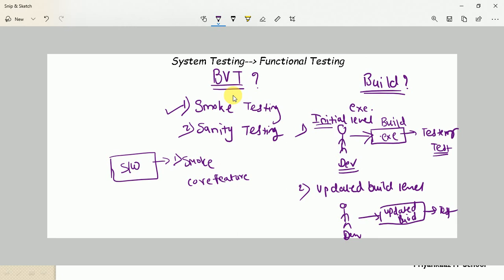If that is a web application, then how does a web application execute? Yes, with the help of a URL address. So very first we need to focus on the URL part. Yes or no? If the URL is working properly, then and only then can we test the rest of the features of that application. Clear?